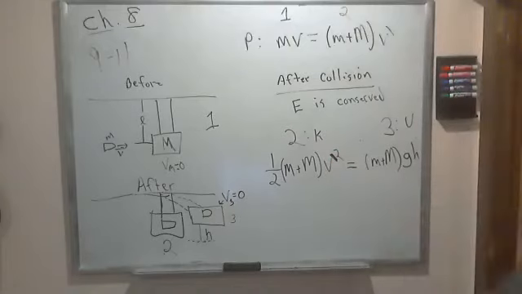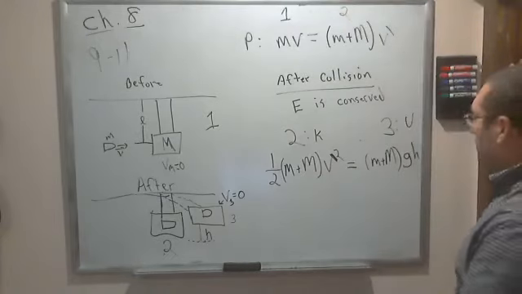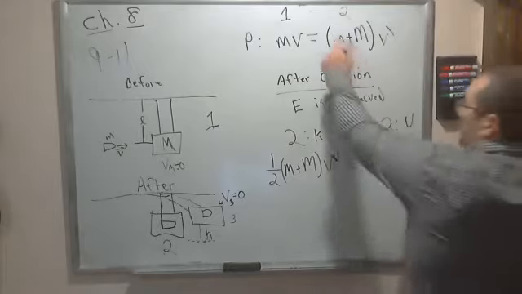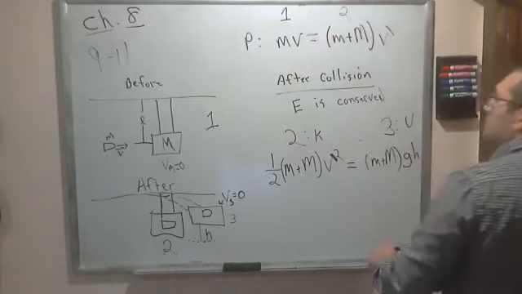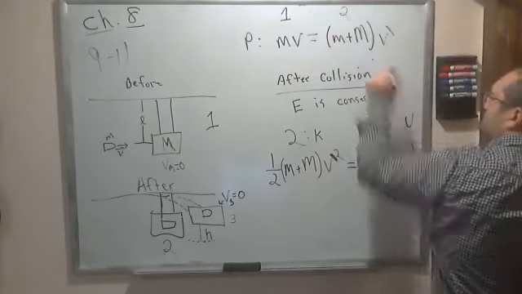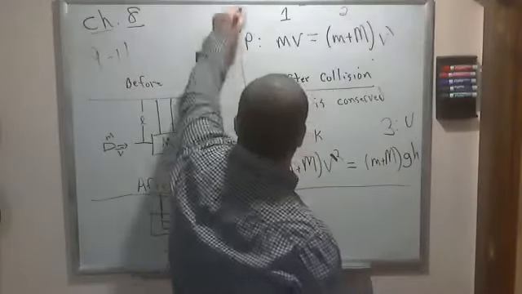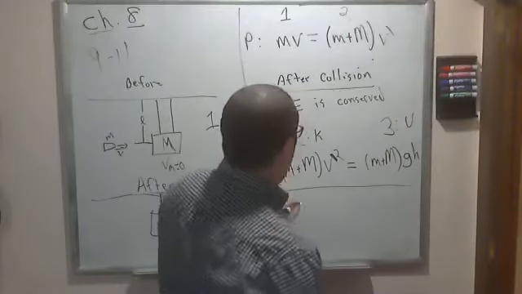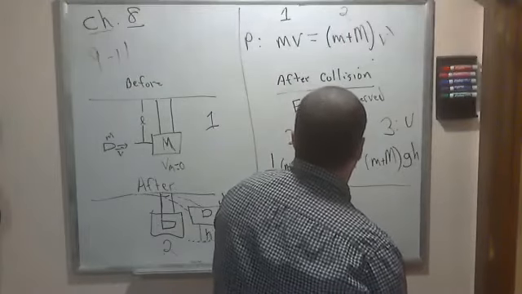So we have this equation. All we have to do is plug it into each other. So first, let's solve for V. From this, we have this situation. Now, V prime is equal to,